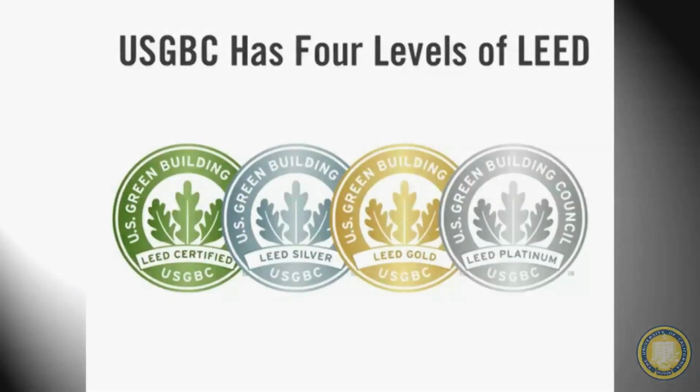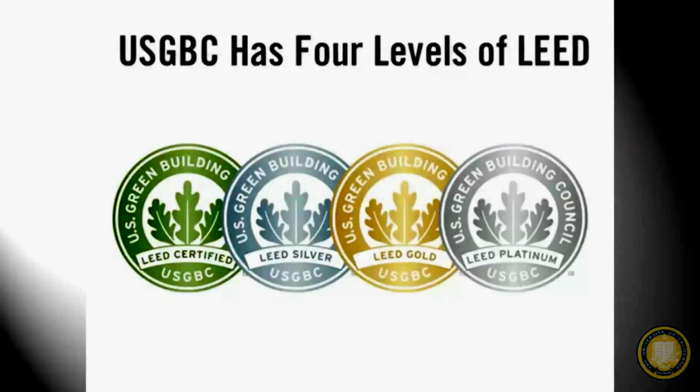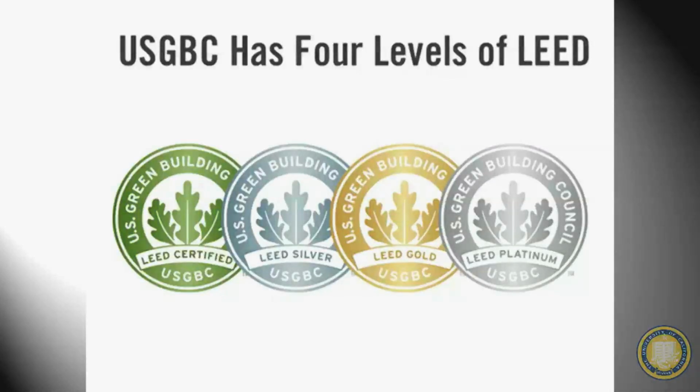So the U.S. Green Building Council has 4 levels of LEED. Like I was saying, the UC system requires that all new construction be LEED Silver. But as you might notice, on UCI's campus, we kind of go for the gold and the platinum. We're aiming for that oftentimes. Mr. Brittell was just telling me that one of them achieved LEED Silver, and this is how competitive this marketplace is. They're like, well, wait, we have a few more points. Maybe we'll get to gold. And something's been held up for 3 years because this design team, these individuals from different backgrounds working together, are so motivated that they want to push it to the max. They want to get it all the way up there.